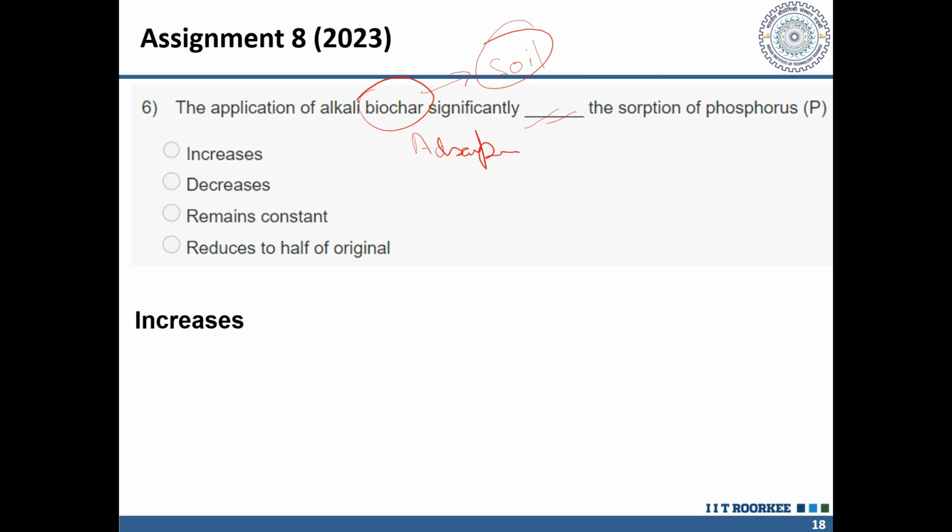So phosphorus can be easily adsorbed on the biochar, but if we alkali treat it, how will it affect the phosphorus absorption? Basically, after the alkali treatment of biochar, the absorption of phosphorus increases, and it is due to